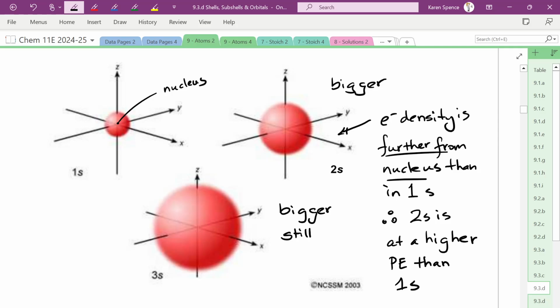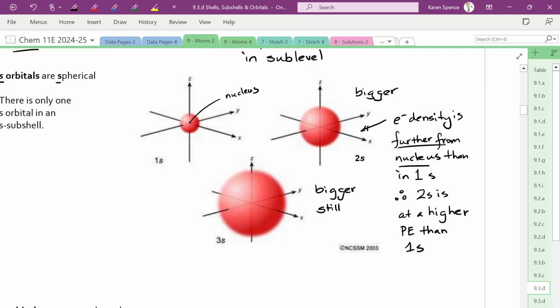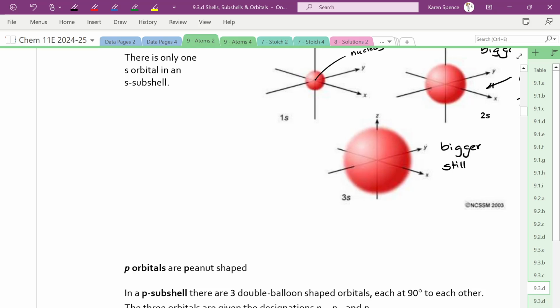It would be the same thing for 3s compared to 2s. Yeah, I'm not going to write it all down again, but it's the same deal. Okay, so those are our s orbitals, and they occur in energy level 1, in energy level 2, in energy level 3. Every single energy level has an s subshell with that one single s orbital in it. Okay, now p orbitals